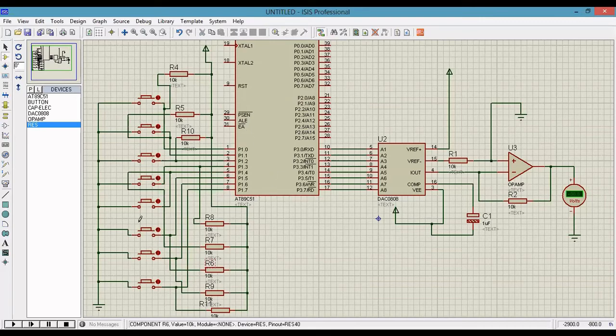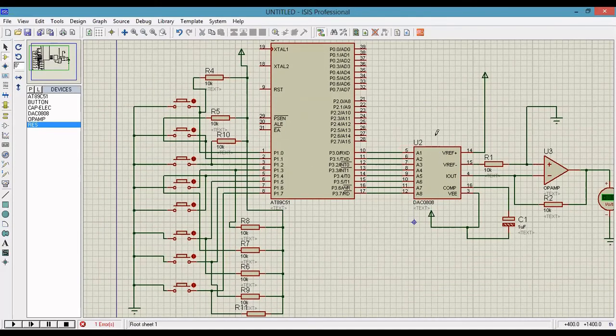Okay. Now the connector. So this is the digital input. Next, the digital input is connected to the 8051 microcontroller port 1. Next, port 3 is connected to the DAC. So what will happen is, if you are giving the digital input here, it will first go to port 1. Next, from port 1 it will be sent to port 3. From port 3, the digital output is sent to the